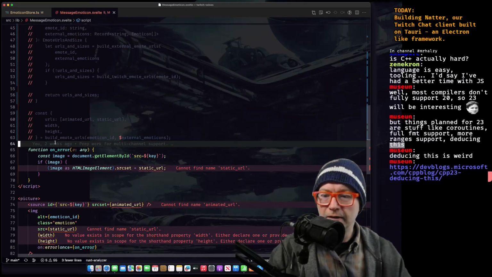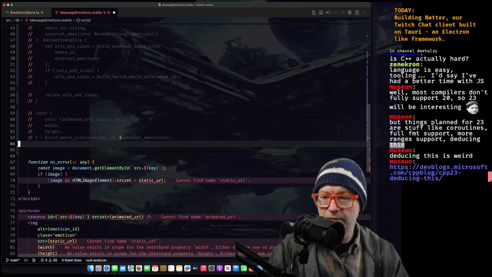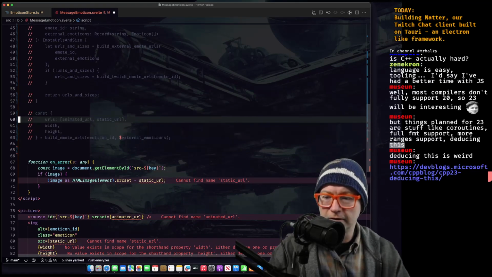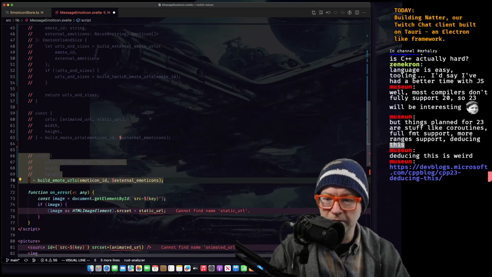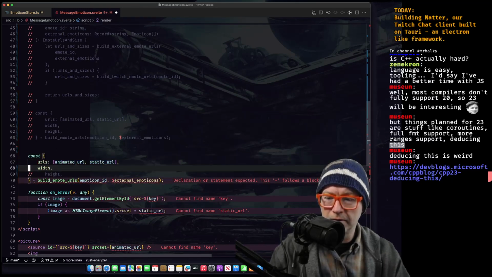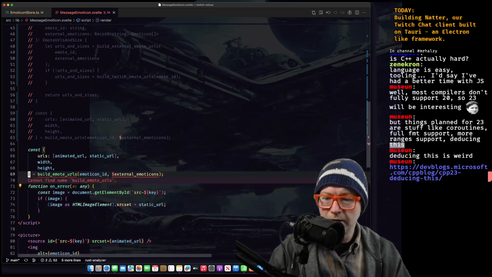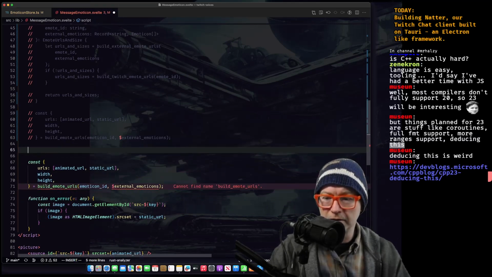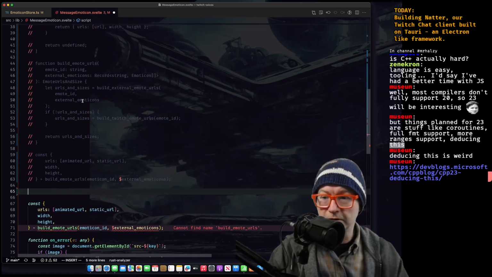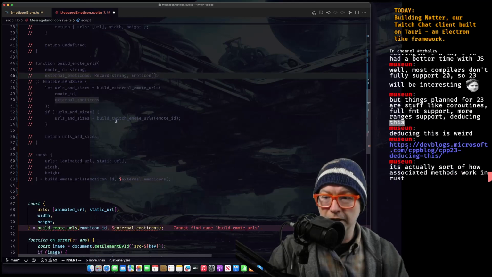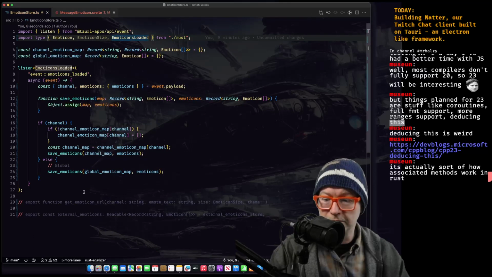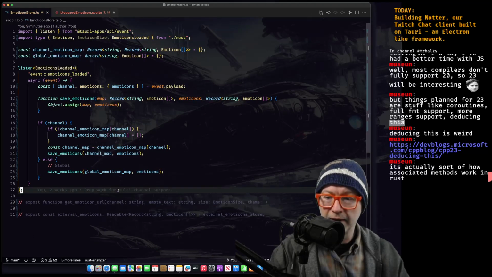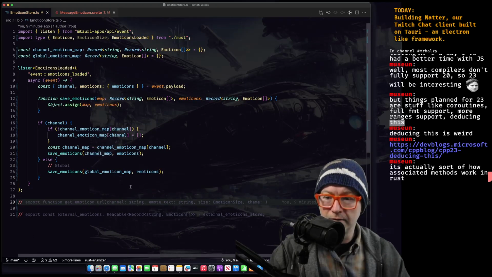Okay. Take this, copy it, paste it, because that's what I do sometimes. A little copy paste hero. All right. Build them out URLs. Sure, we'll have a function for that. We do not need the external emoticons because we will simply use a function that we make here. Right.